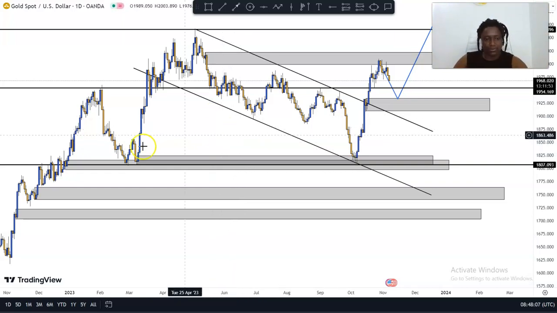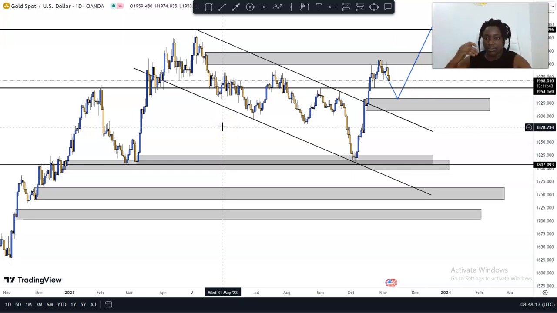Can't see any right now though. But yes, I've highlighted all of the major zones in this chart. Things just keep going up. We keep having higher lows, and buyers just keep coming into the market like that. So now,